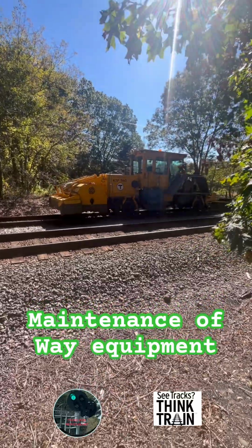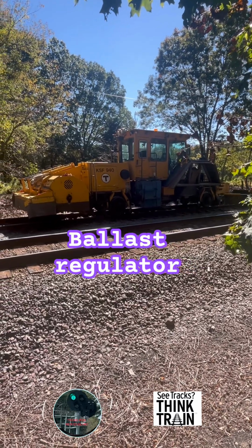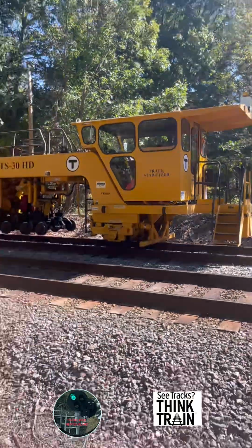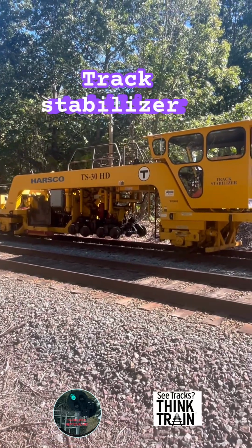Okay, so they've got some track equipment, maintenance of way equipment off to the siding here. You got the ballast regulator, and then you got your track stabilizer. These are parked in Andover,